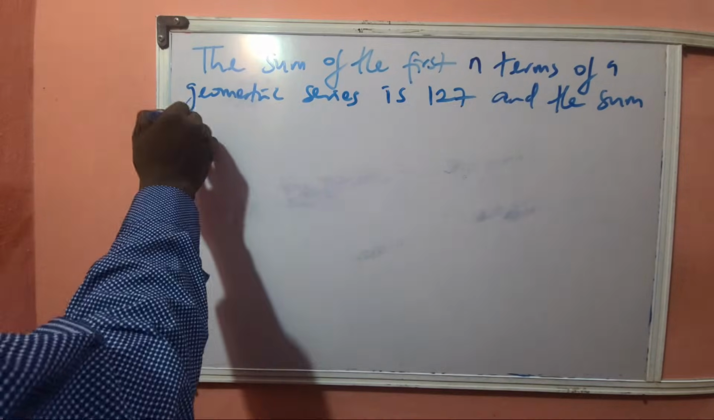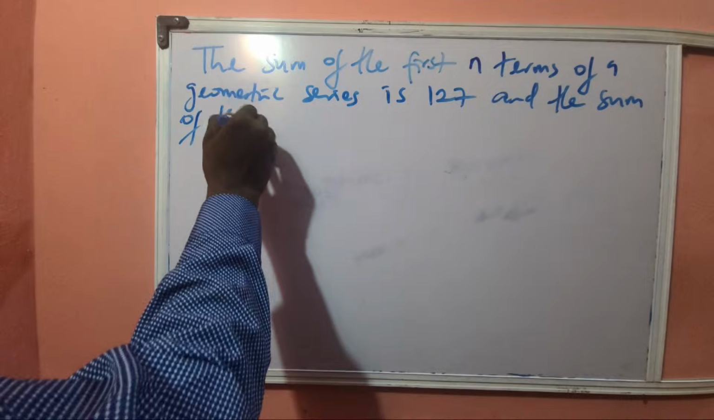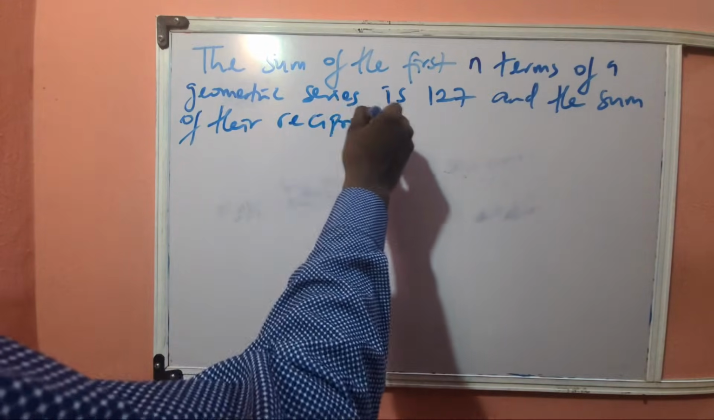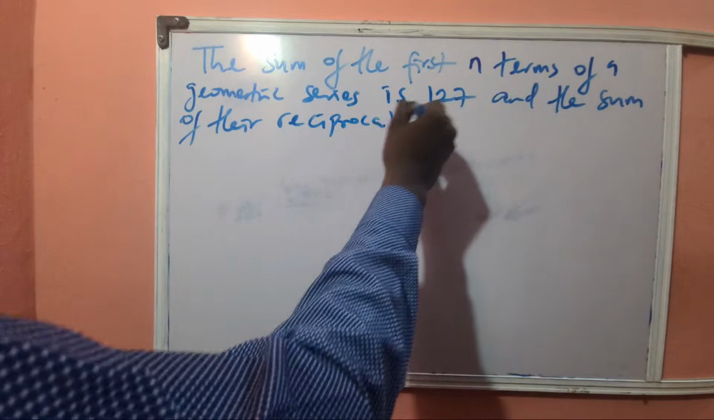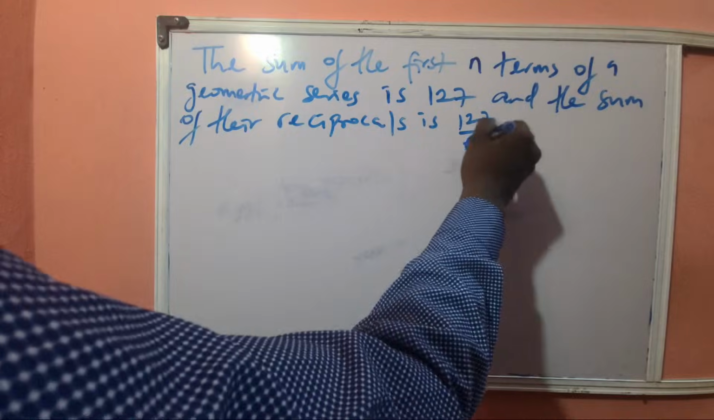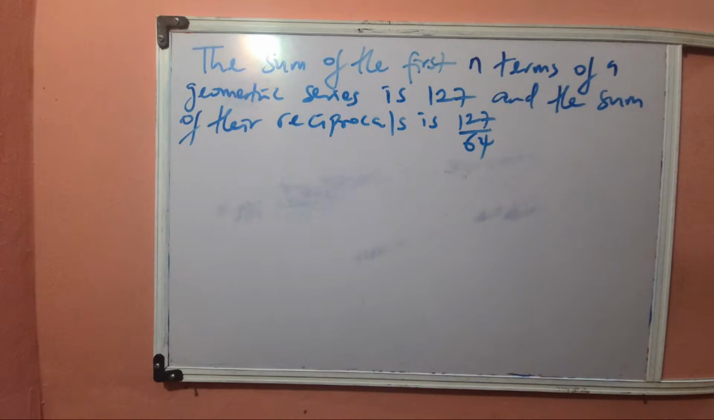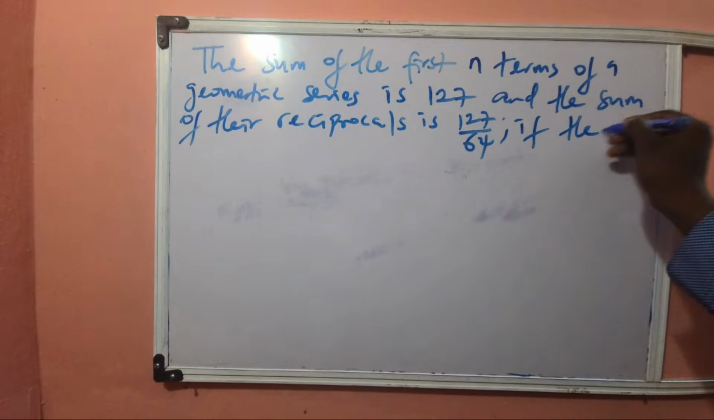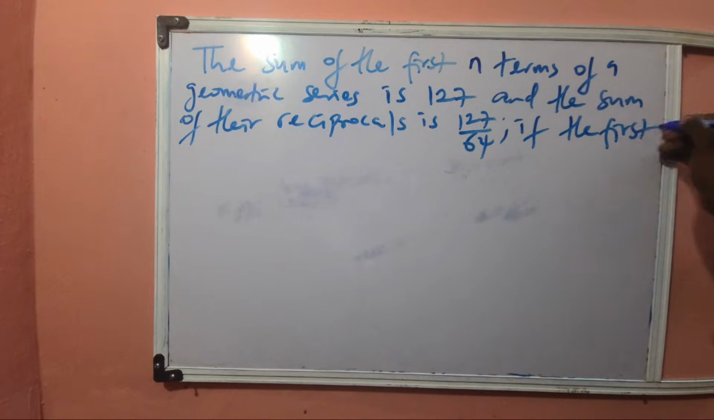And the sum of the reciprocal is 127 over 64. All right. Now, if the first term is 1,